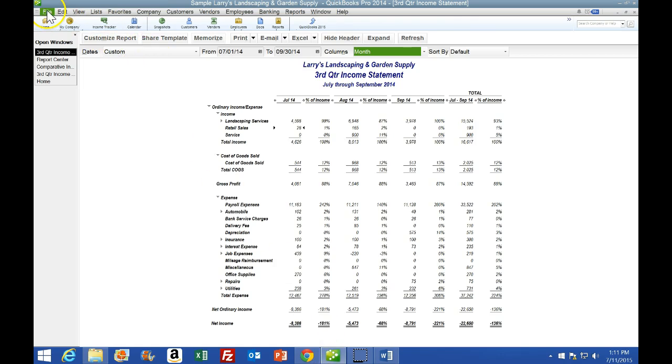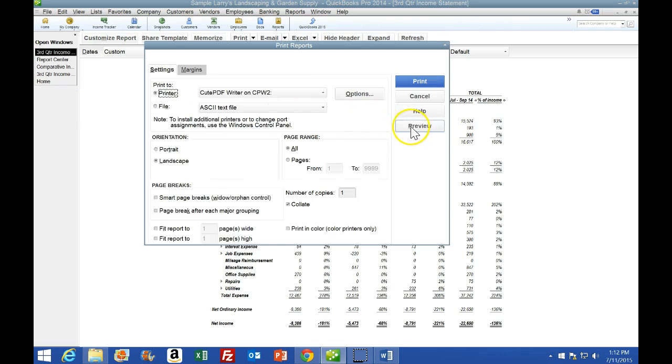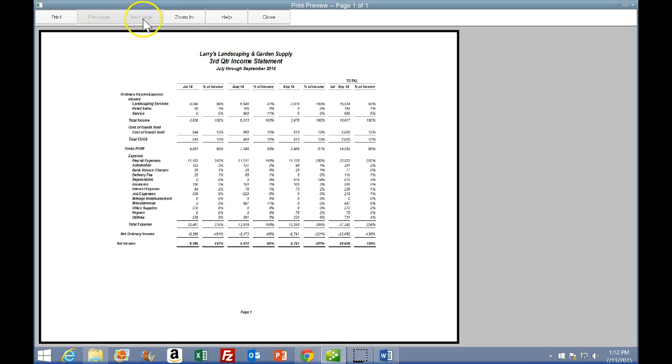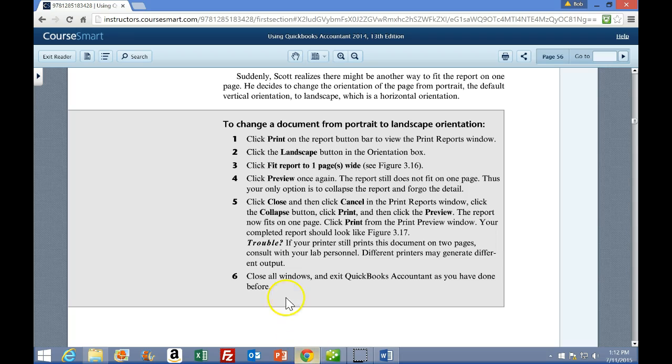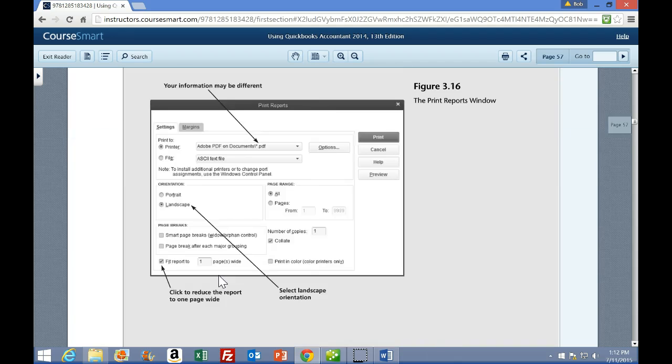So we're going to go back over here. We're going to go to the File. We're going to go to the print report. We're going to preview that, and now there's no next page, indicating that it is indeed one page, which is great. Then number 6 says close the window and exit QuickBooks. Alright, so